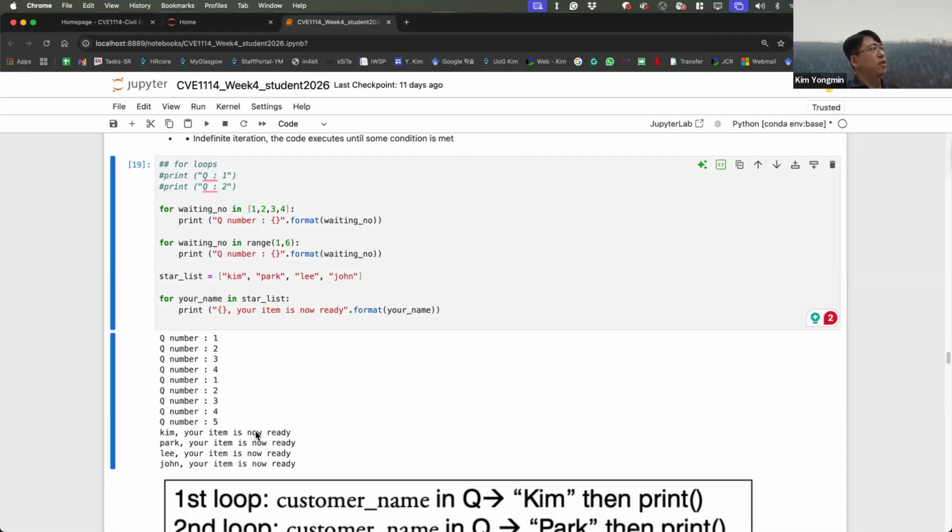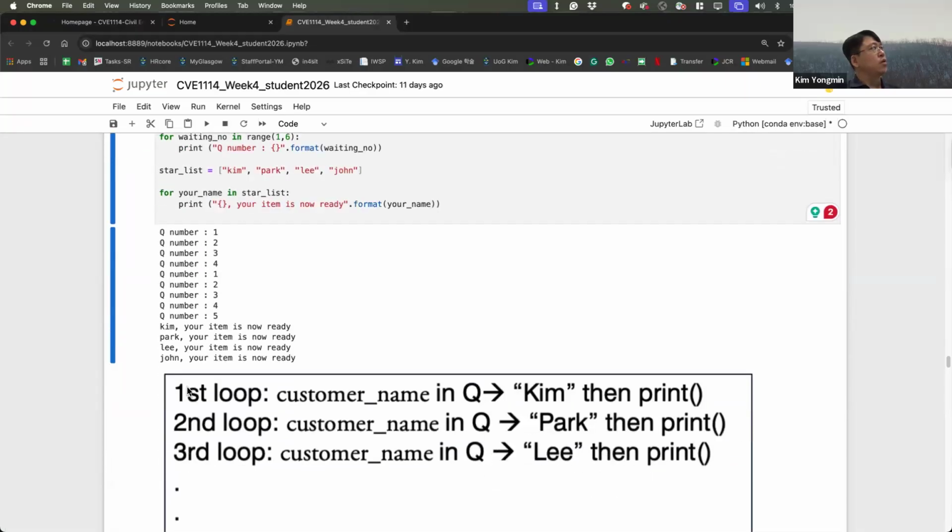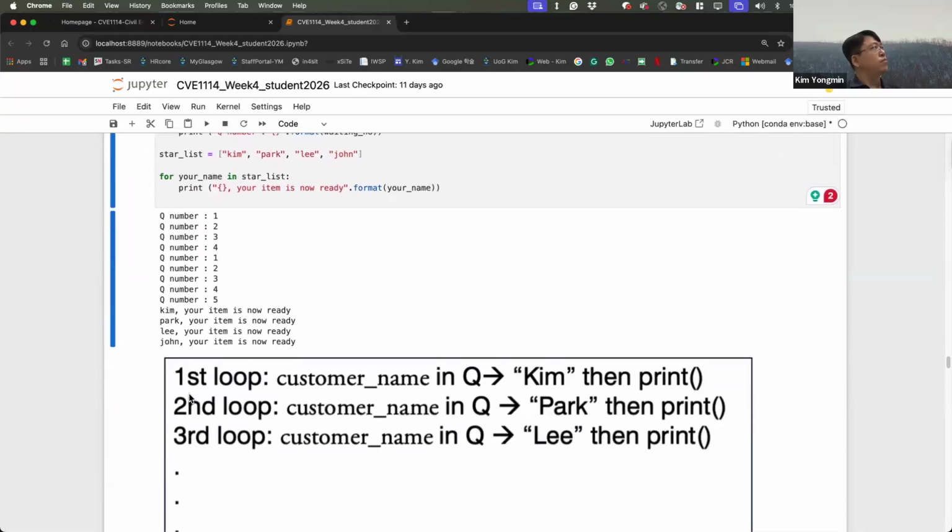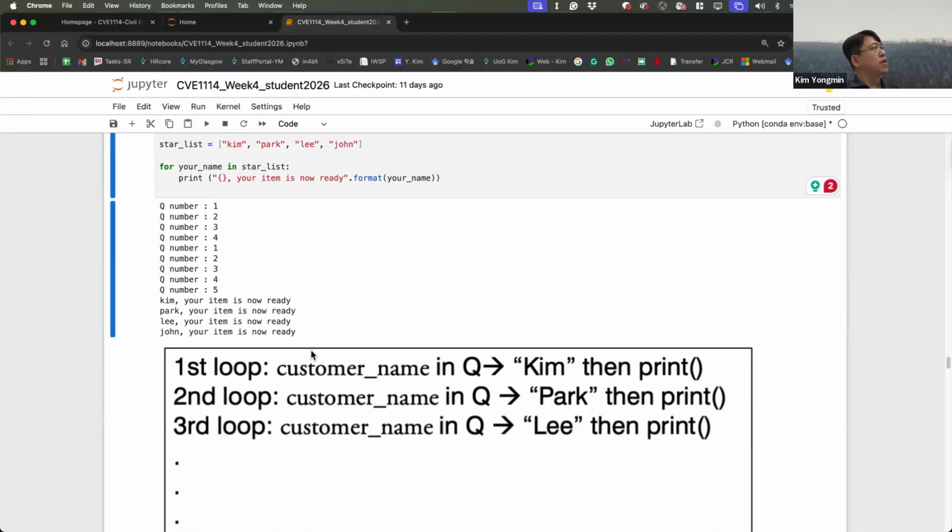Tim, your item is ready, and up to John. In the first loop, customer name, your name is in this queue. Then firstly it picks off Kim, and Kim is your name and goes to here. This is the for loop.